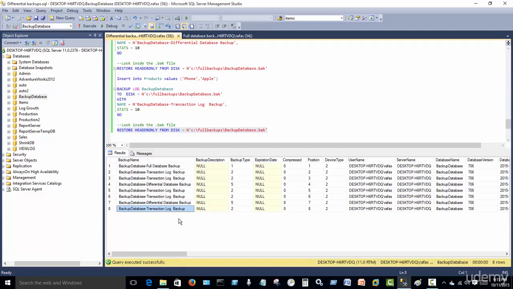The importance of a differential backup comes into play in twofold. One is when you have a tremendous amount of activity going on in your database, and you have a tremendous amount of transactional log activity going on. Let's say this was every minute that you had a transactional log going, you would have hundreds and hundreds per day. If you punctuate that by, let's say, a differential every 6 hours, then when you need to